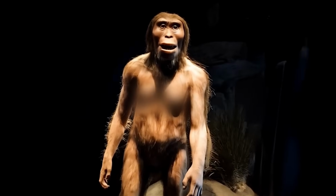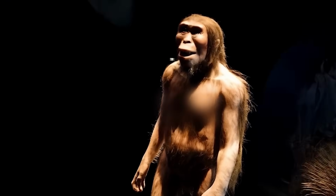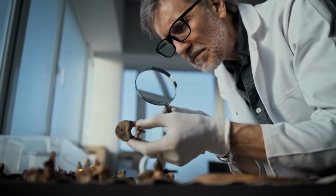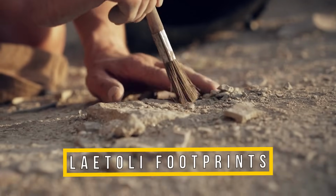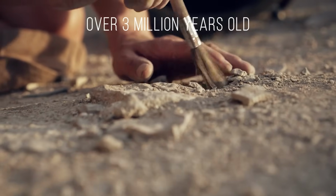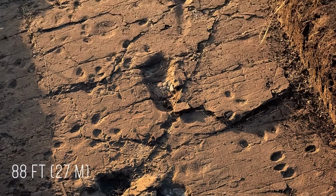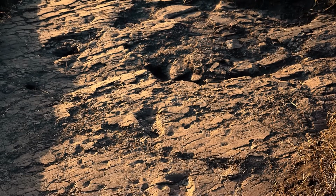You've heard of Lucy, right? The Australopithecus that was an early ancestor for us humans. Well, scientists found some of her species' footprints somewhere in Tanzania. The so-called Laetoli footprints are over 3 million years old. The trail stretched 88 feet and has about 70 footprints, left behind when a bunch of early humans walked across